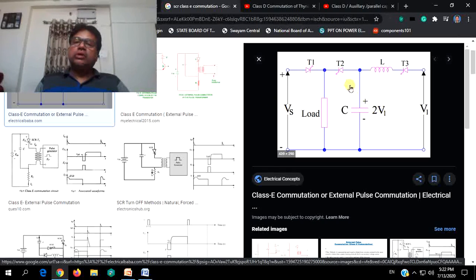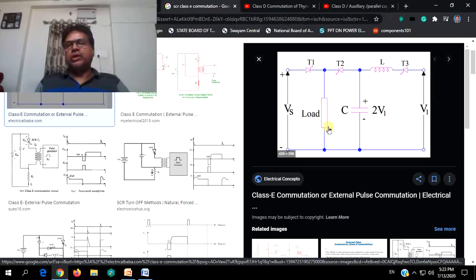and when you want to turn off the main SCR, then you will trigger this SCR2, and this circuit is already turned off as this SCR is already turned off. So capacitor will discharge via this SCR2 and the load, and this current will also oppose the forward current through main SCR or the anode current. So the commutating current via SCR2 will oppose the current through SCR1. SCR1 will be turned off.